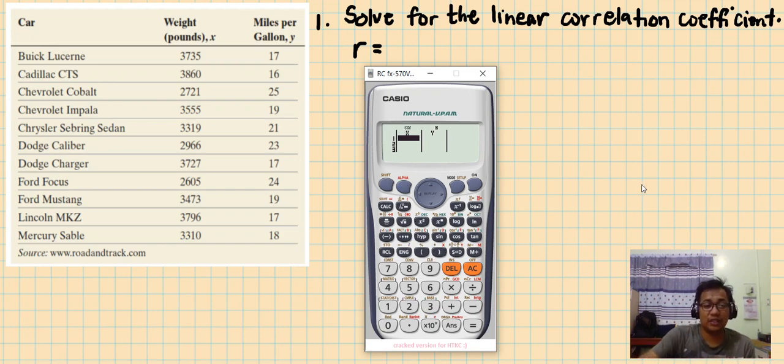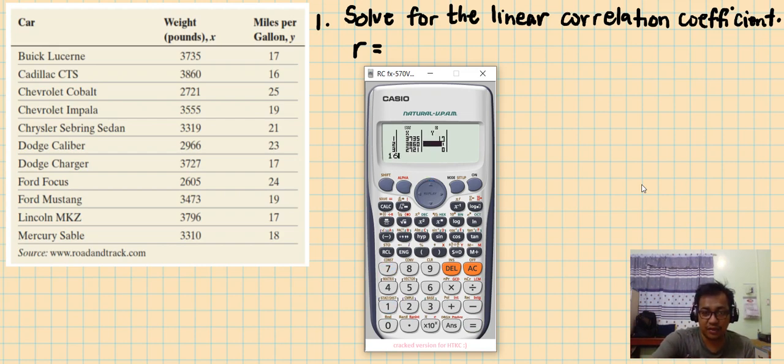Just going down. 3735, 3860, 2721, 3555, 3319, 2966, 3727, 2605, 3473, 3796, 3310. Okay, for the Y values,